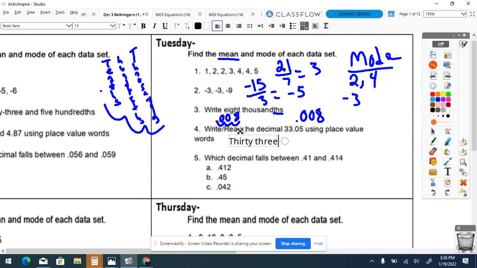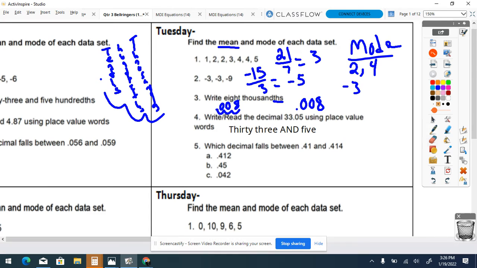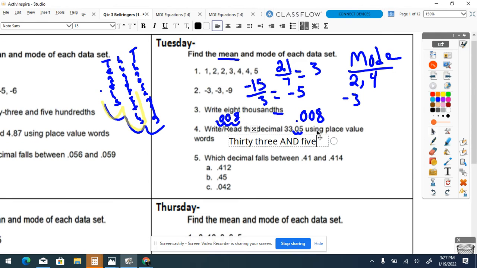Correct. It is 33. Now remember, decimals we always say with the word "and," and then I like to say the second number. So the second number is not 0.5, it is just 5. And then you count the place values. So if I come over here at my decimal, I go over twice. I start at the decimal, I go over twice. I am under hundredths. So my answer is 33 and 5